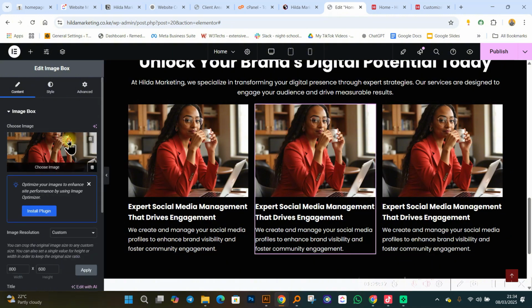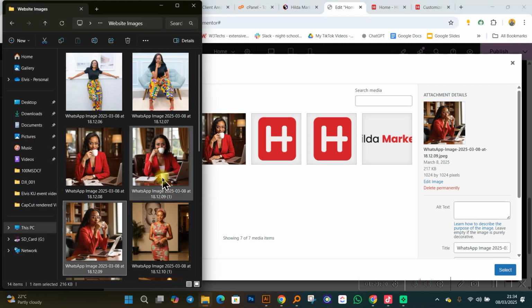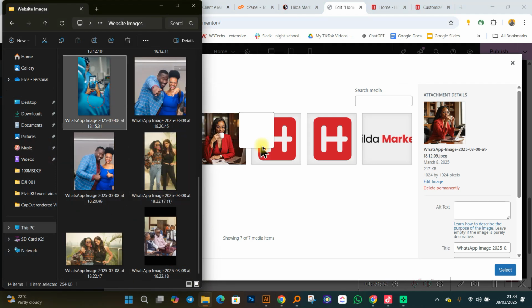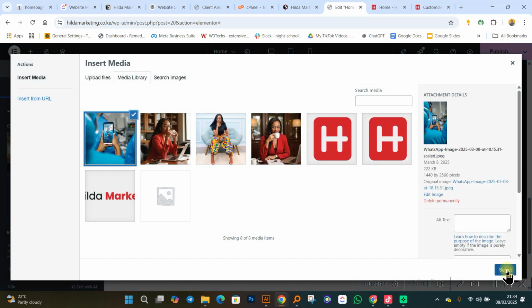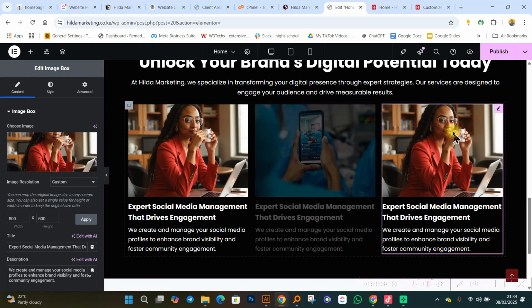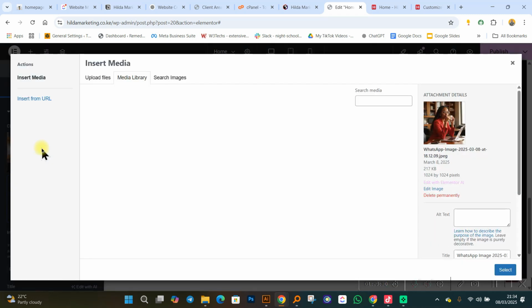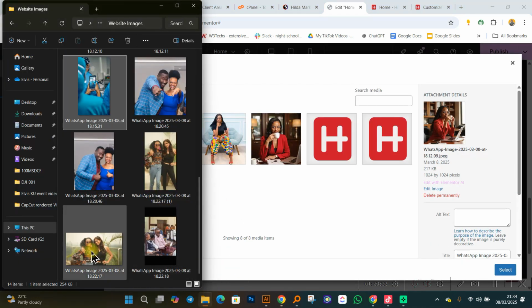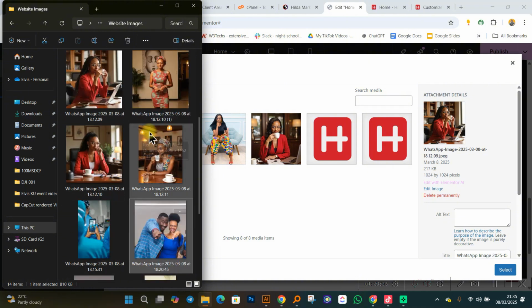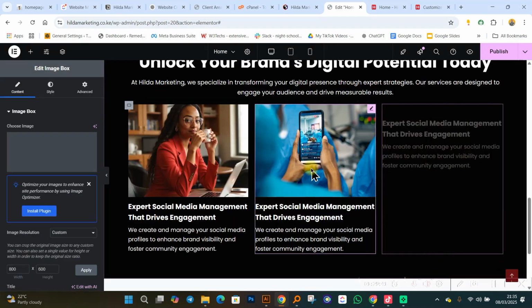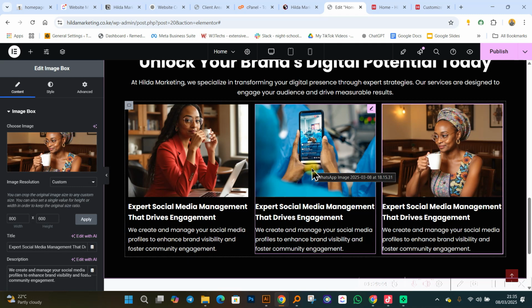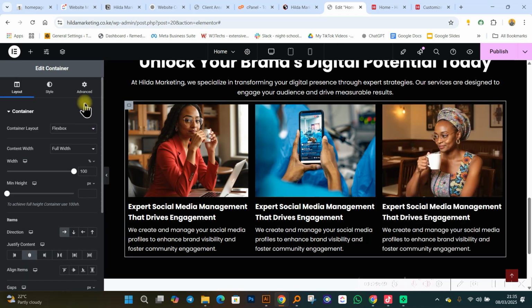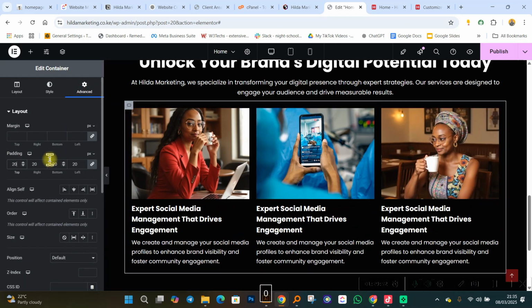So if I select this image, I can change it to another different image. Probably I can go and select this image. Yeah. So all those images are actually going to have one default size. Then I can select another image. Let me select this one. Select that. So those are images that represent what she actually does. And I can click inside over here, and to add some spacing, I can even add some spacing of something like 20. The padding, to adjust the padding.